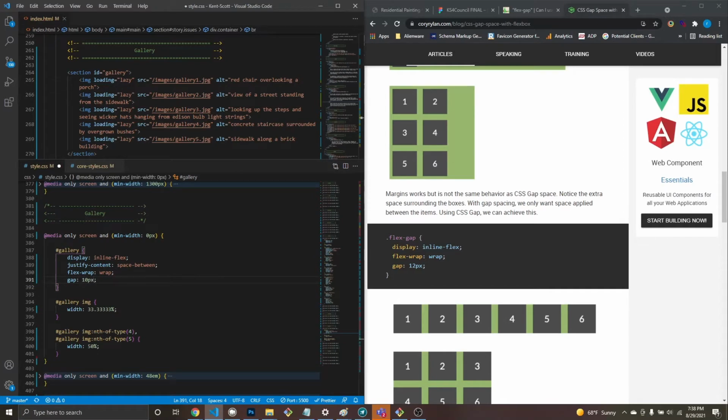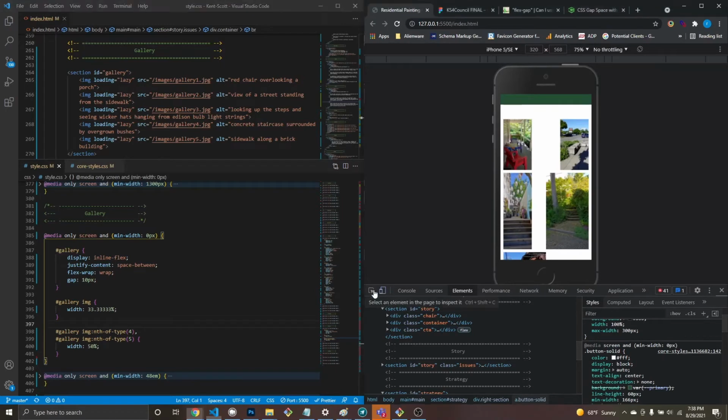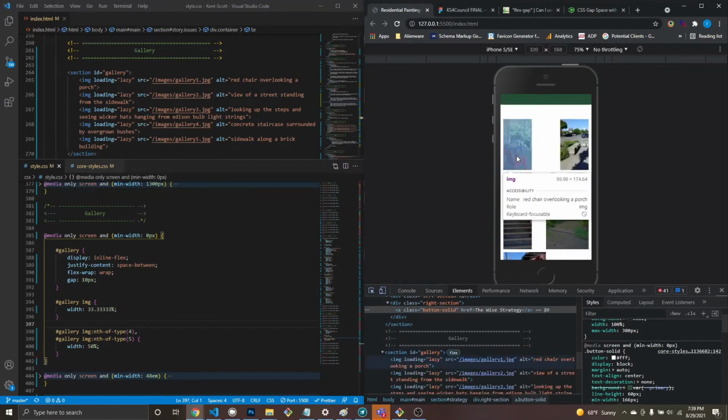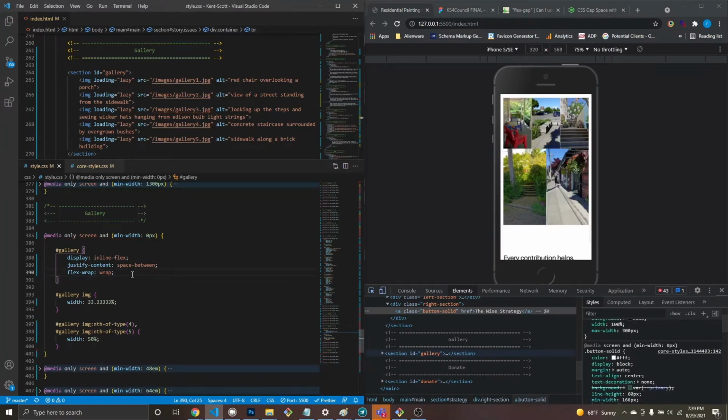Okay, let's see if that does anything. Yeah, that's just weird. What's happening? Okay, so if I get rid of the gap, then what I gotta do,